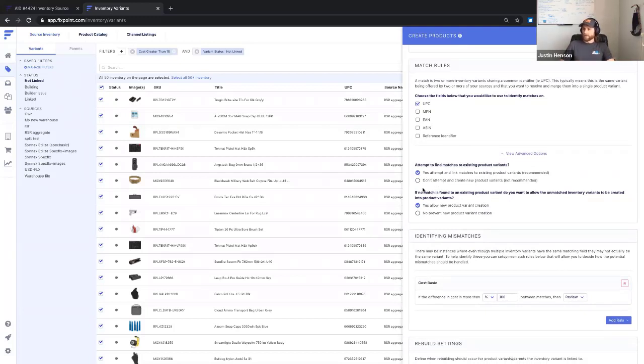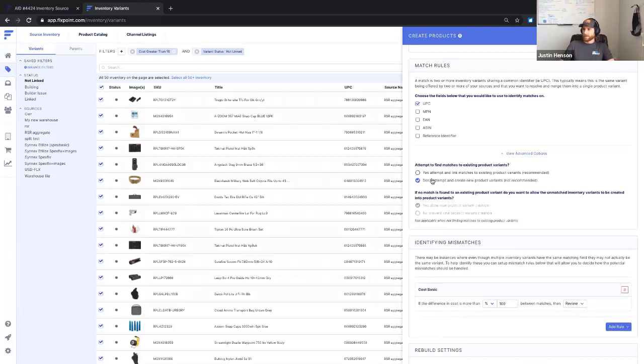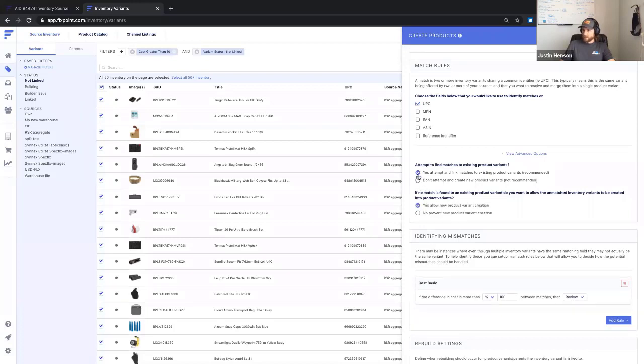By default, we have these both set as yes, because typically you are wanting to merge those items. But if there's a specific use case where you want to have those as separate products and separate listings on your channels, you can always come in and click do not attempt to create the new product variants. That's just if you don't want it to match and don't build if there is a match, you would select this one. But then for the second option here, if no match is found to an existing product variant,